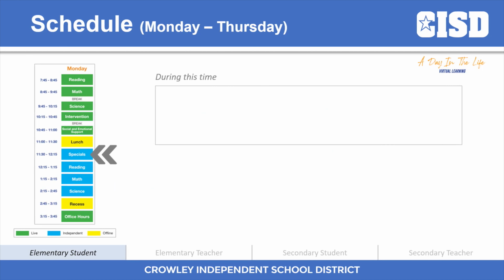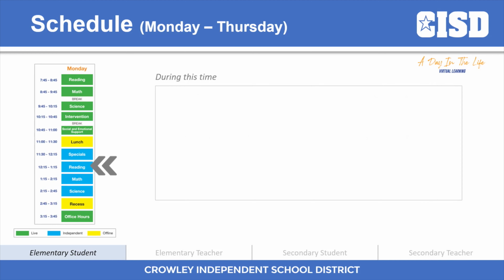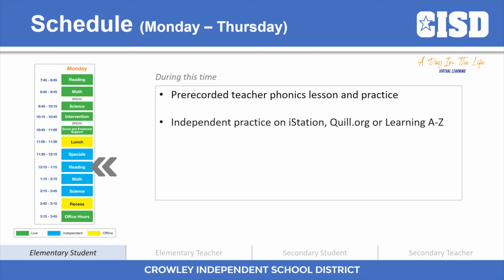So Larry moves into his specials time, which are pre-recorded lessons in physical education, music, art, technology, and our STEM Plus initiative. And these are designed to get students up, moving, and thinking creatively. Larry moves right into his independent reading block, which may include a pre-recorded teacher phonics lesson,